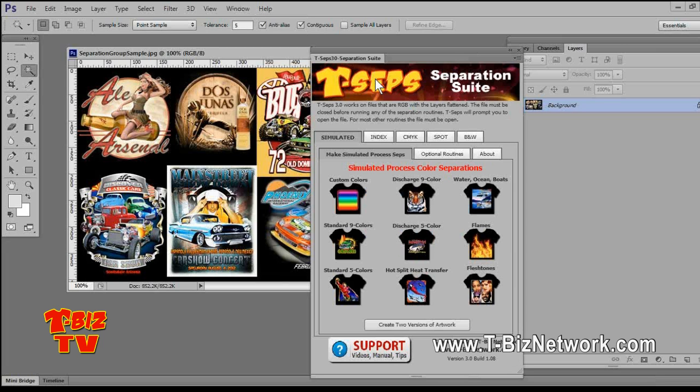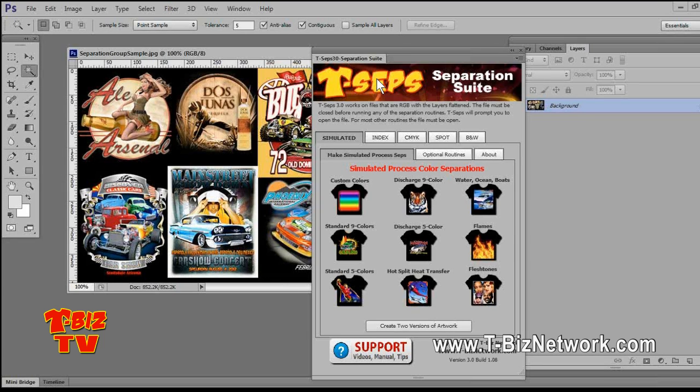Now, if you're a current user of T-Seps 1.0, 2.0, or Fast Films, you know that the program worked in the Actions panel. T-Seps 3.0 does not work in the Actions panel. It works in its own panel called an Extension panel. If you're a current user of T-Seps, you know that if you go to the File pull-down menu and come